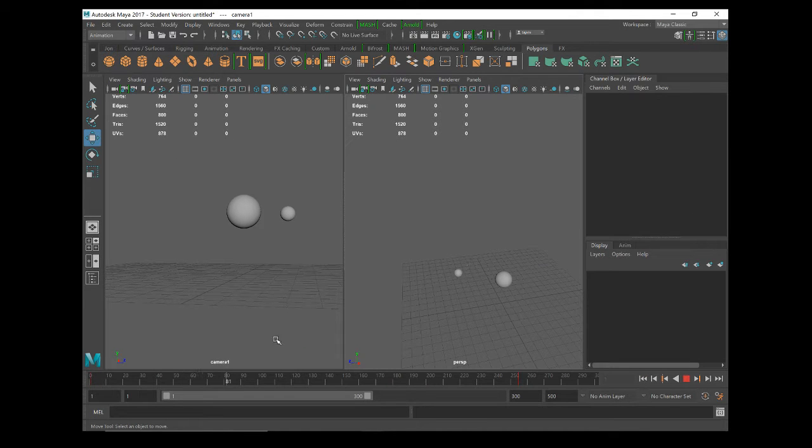Hi folks, in this video we'll have a look at adding cameras to your scenes and animating the cameras so you can create nice moving recordings of your animations. So you can see in this view I've got my animation sort of playing with the